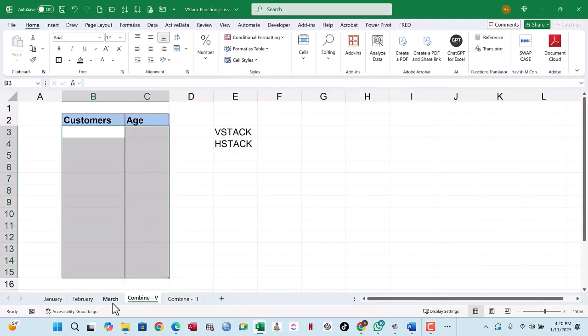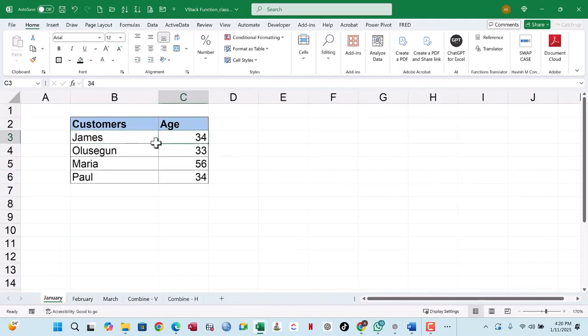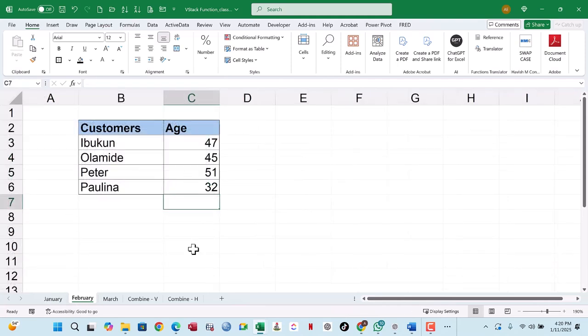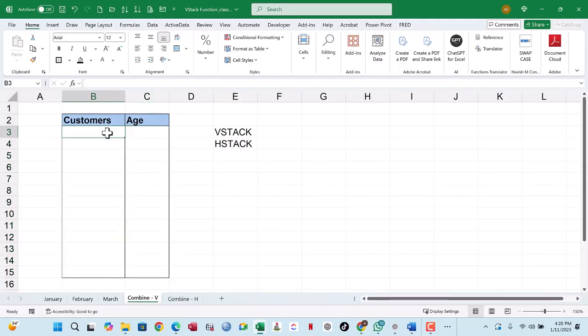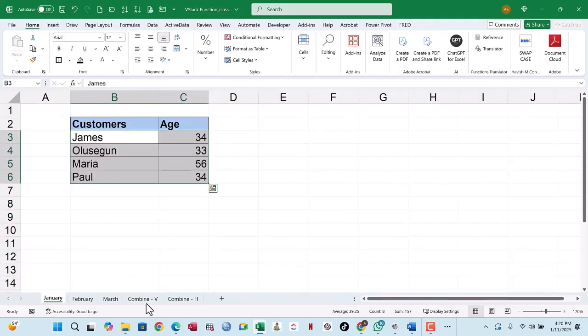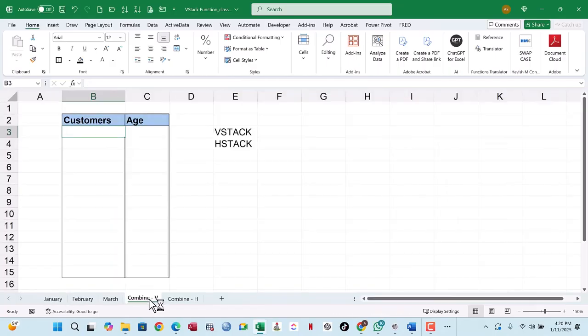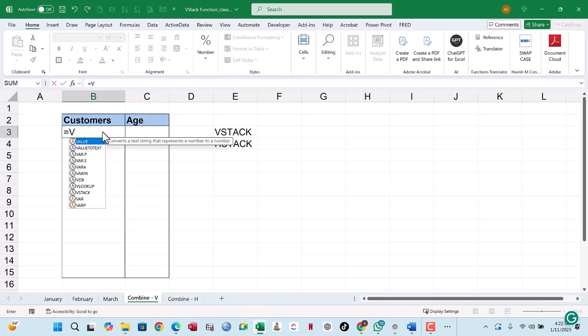The VStack function is not summarizing data. The purpose is not to create a summary of data. The purpose is to combine data from various Excel worksheets into a single sheet. So instead of going through the process of copying and pasting, what you can simply do is just use the VStack function. So what we are going to do now is start with the VStack and just simply type the VStack function